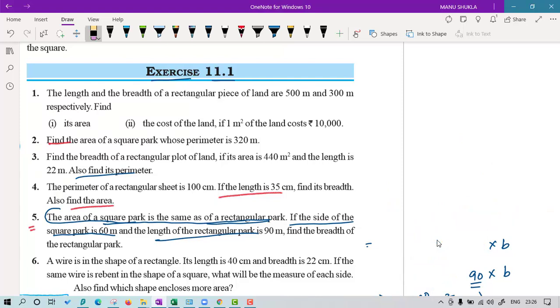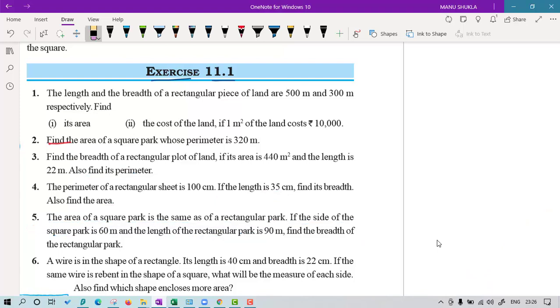Question number 6 is saying a wire is in the shape of a rectangle. So first we have a rectangle, so let me make the rectangle. This is actually a wire which is bent in this way that it looks like a rectangle, and let me call it ABCD. Then they are saying its length is 40 centimeter and breadth is 22